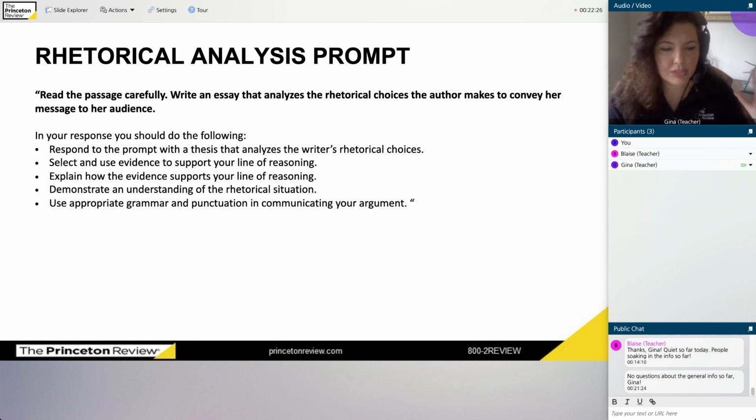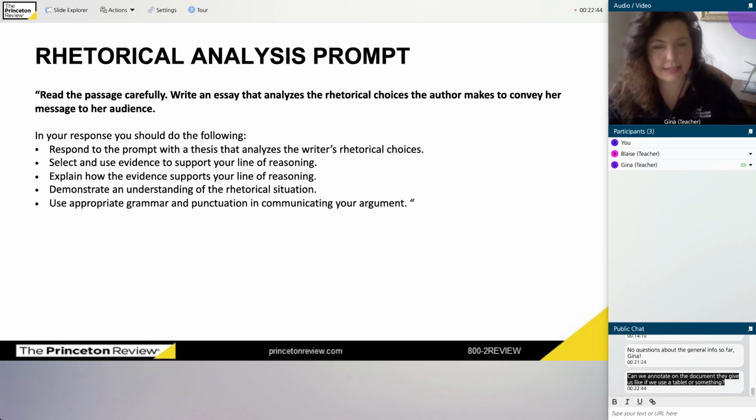And so after you read this text, and by the way, it's going to be fairly long, right? It's going to be 4, 5, 6 paragraphs. It's not going to just be a short quote. It's going to involve some reading. And so that's why that 45 minutes is going to go by quickly, because in part of that 45 minutes, you have to read the text. And I would say it's going to take you a good 5 minutes to read it.